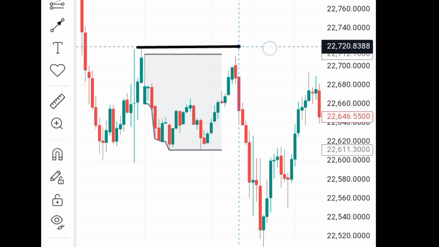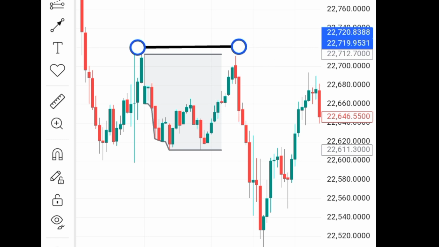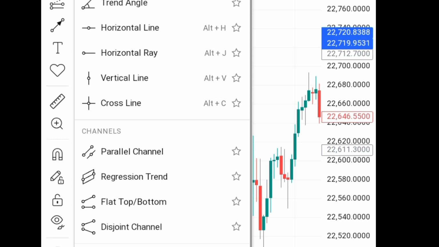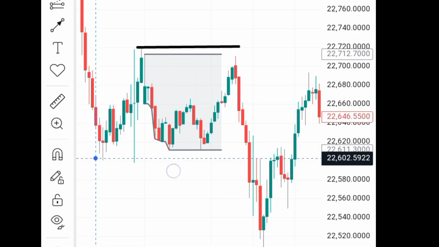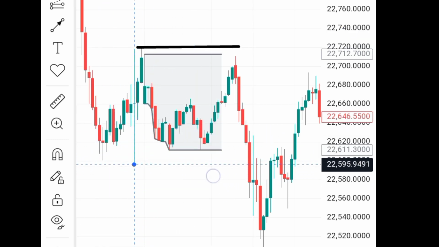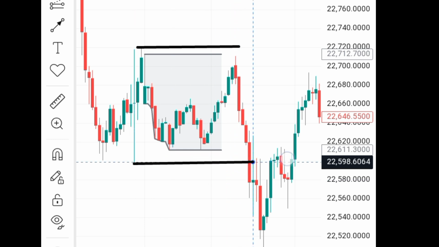If this market breaks this box to the high side, I will not be taking this trade. But if this market breaks this box and closes to the downside, I'm going to be taking a sell trade. So once the market closes below,